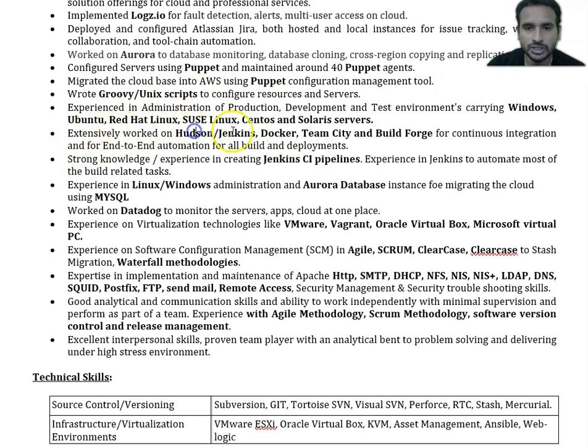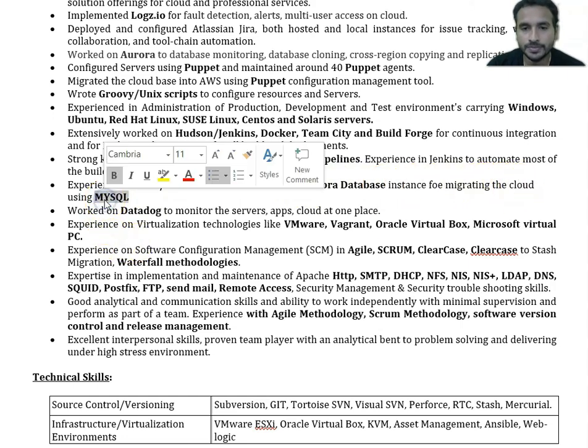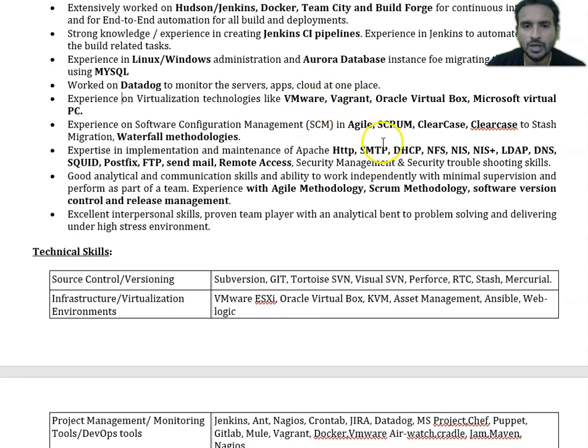Extensive work on Hudson Jenkins. Okay, what is Hudson Jenkins? So Jenkins was a part of Hudson actually. Okay, earlier they both were the same. The continuous integration thing, CI thing. Docker, TeamBuild, Jenkins CI pipelines, Linux, Windows, experience in administration, this is like a system admin. Then Aurora database migration, cloud using MySQL. Okay. All right. So this is experience in SCM, software configuration management, in